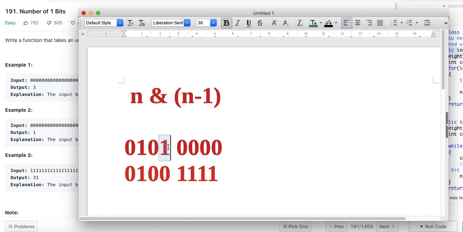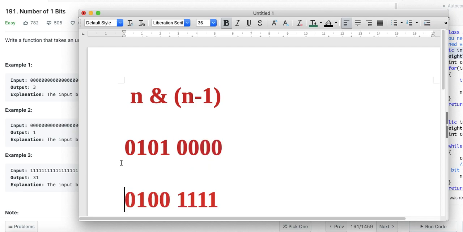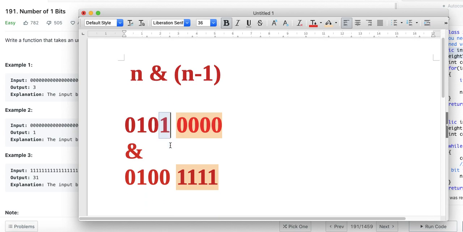This is the first set bit from the right. If this is the first set bit, then the bits to its right are always 0. So these are all zeros, and these zeros get cancelled out when you do an AND operation here. What happened to this first bit?